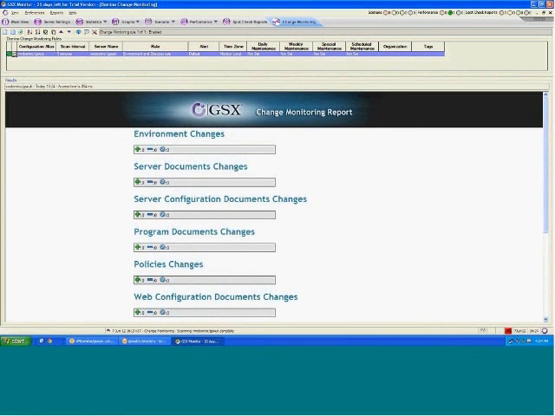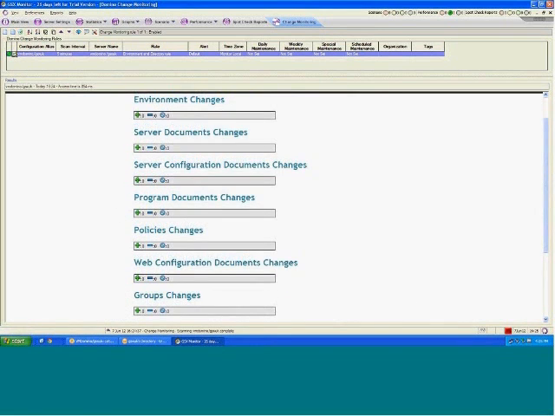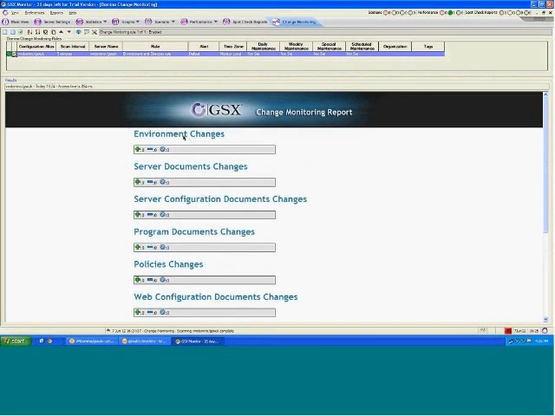Okay, so environmental changes, these are things in the notes.ini. Server document changes is self-explanatory. Configuration docs, program docs, policy changes, web configuration documents, group changes, connection docs, and domain docs. So all of that stuff is covered, and the first thing you see is the environment changes. Now, I know that there's a key inside the Domino server, on the notes.ini, that will change every now and again, and it's the Domino time stamp key, and that will come up if we just leave this to run. So what I'm going to do is skip back to the presentation